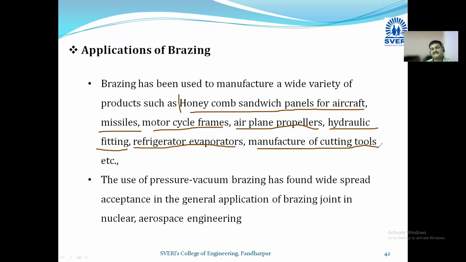The use of pressure vacuum brazing has found widespread acceptance in general application of brazed joints in nuclear and aerospace engineering. So here pressure vacuum brazing, one type of brazing, is utilized widely and mostly in nuclear technology and aerospace engineering. It means mainly in aircraft,